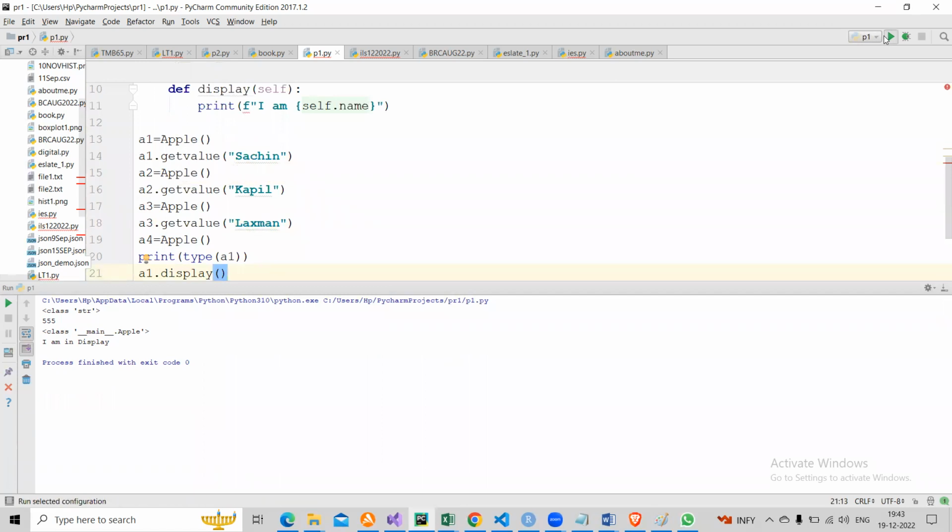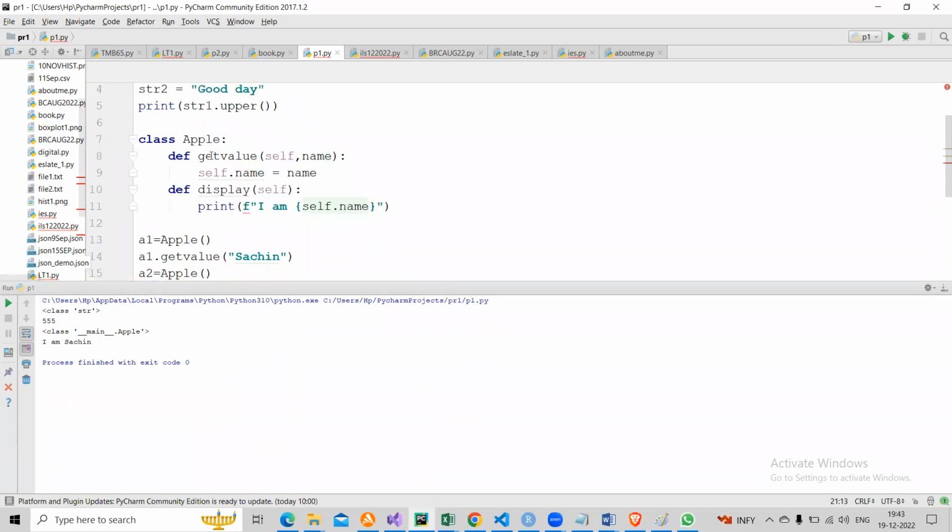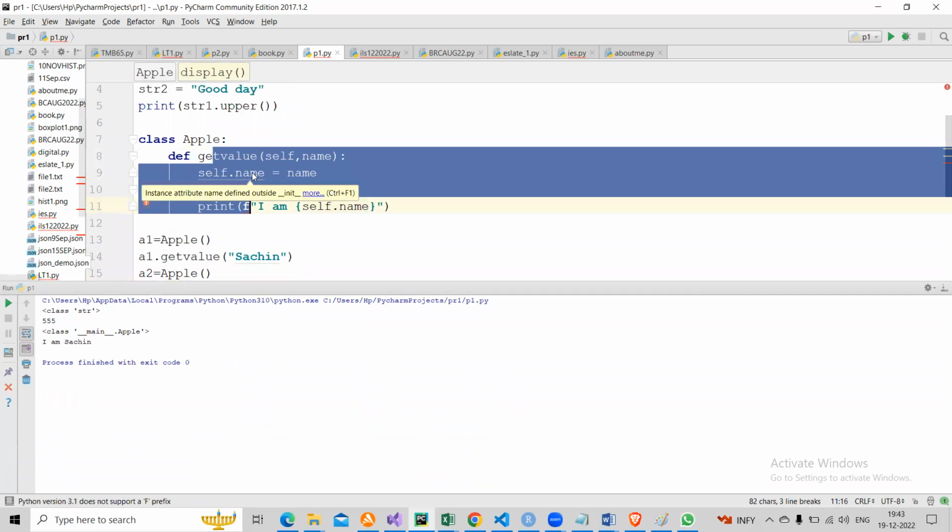A1 is Sachin. So, okay, I am Sachin. Now, why it knows Sachin is because I told it at the object level. So when you create an object level, each of these will get duplicate copies, right? So if I tell you that I'm holding an apple, whatever concept you know about apple will be duplicated in this fruit,